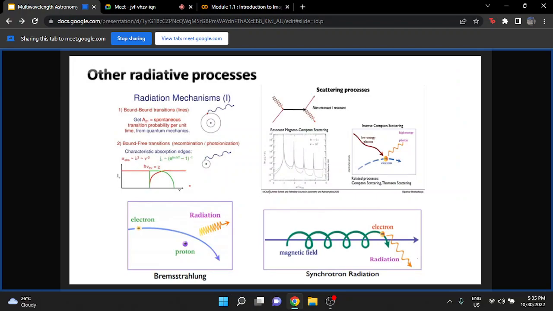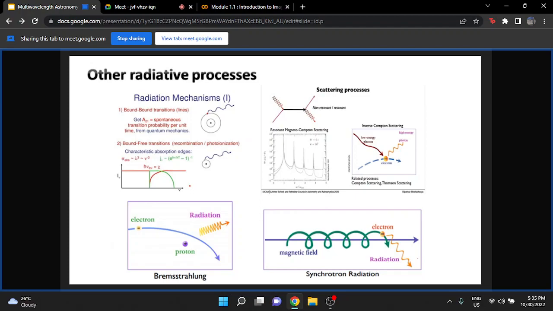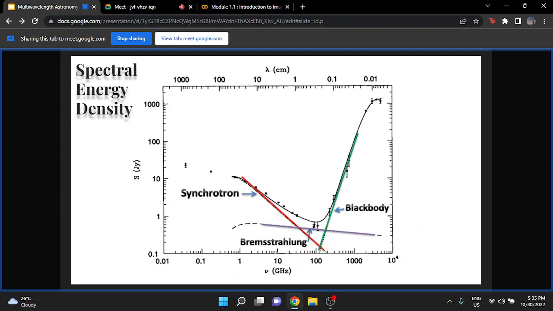So that we can get emission lines from quantum radiative jumps, like absorption, emission. All these processes could happen. We can also have processes like Bremsstrahlung or synchrotron radiation based on the physical situation of where the emission is coming from. And what we essentially get because of multi-wavelength astronomy is, see, now from a single wavelength you can only find out if the mechanism which is causing the emission is black body. If it is not true in other cases, for example, if it is synchrotron or Bremsstrahlung sort of an